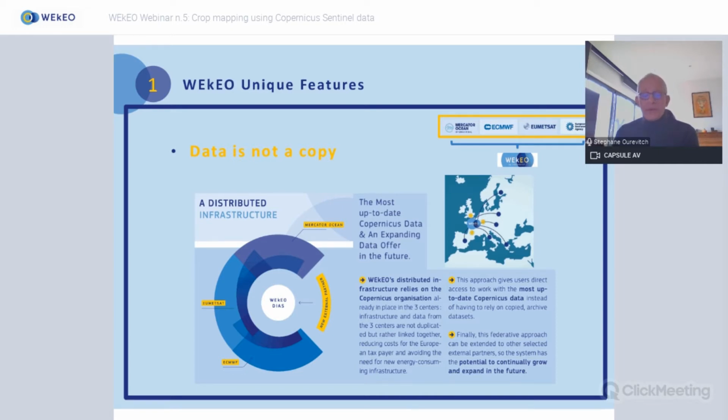So there's only the Sentinel-2 and Sentinel-1 that is basically replicated. The advantage is speed. The advantage is you have the most possibly up-to-date data sets available. And the third advantage is, and that's important today, a very low carbon footprint, because we don't replicate for the fifth time